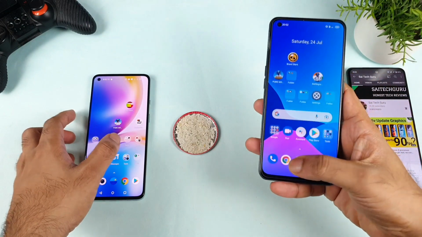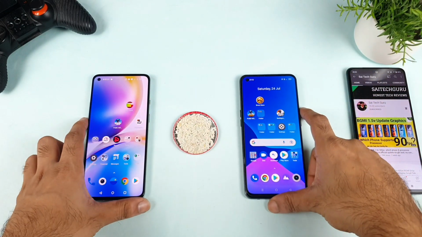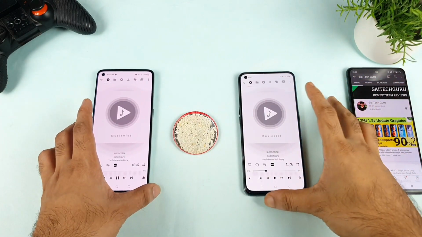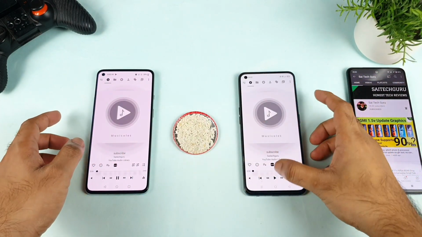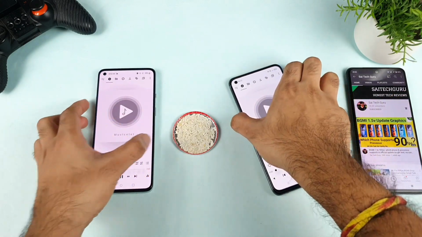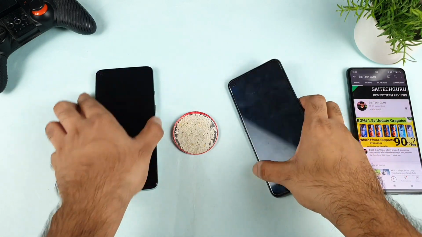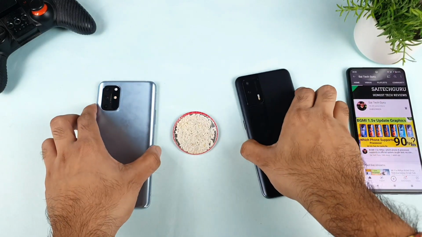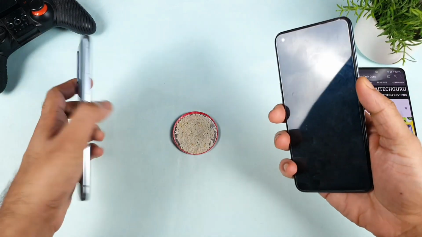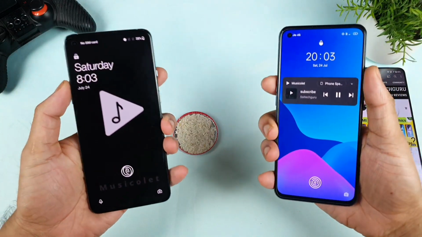Now let me show you the practical difference, comparing both phones, to see which phone has what type of vibrations. First I'll start playing the same audio file on both phones. As you can see, the same audio file is playing right now. Let me slightly increase the volume on both phones, close the lock screen, and increase the volume little by little until I keep it at 100%. Let me do it in front of the camera, friends, so you know exactly.